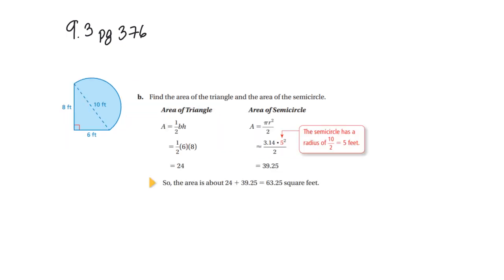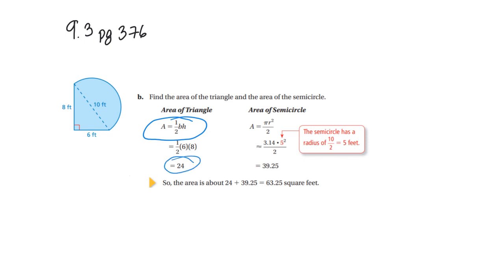Okay, so now looking at our shape, if we wanted to find the area of it, we know we have a triangle here, so let's find the area of that triangle. And remember, I gave you that formula at the beginning. In case you forgot, they put it here for you again. So that's going to be 1/2 times the base times the height. The base on this triangle is 6 feet. The height is 8 feet. So we end up with an area of 24, and we're going to add that to the area of the